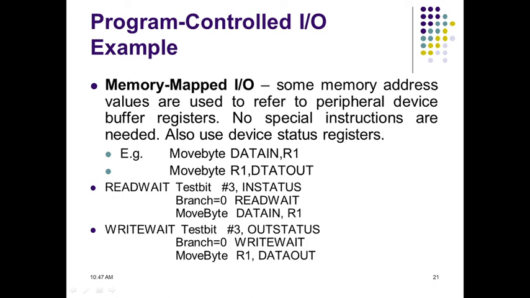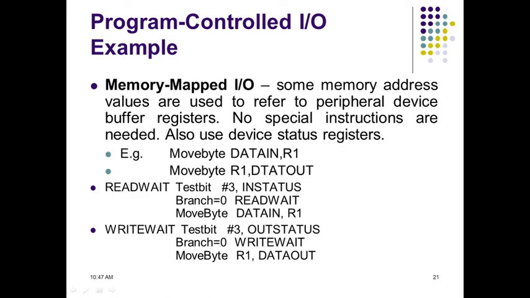We have established two data buffers as shown in the previous figure. So they may be addressed as if they were two memory locations. It is possible to deal with the status flags SIN and SOUT in the same way by assigning them distinct addresses. However, it is more common to include SIN and SOUT in the device status registers, one for each of these two devices.